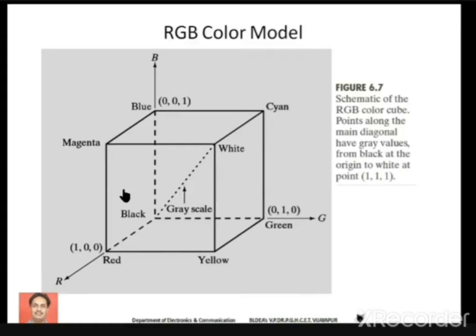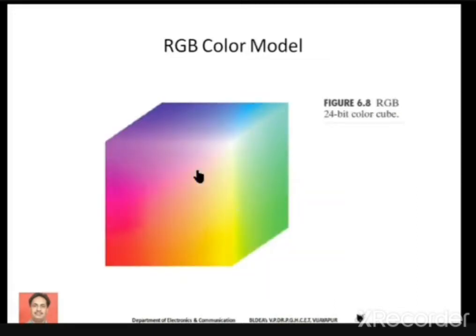And you may think about the other colors. All other colors, whatever mixture we get, reside inside the cube, and they can be represented by a vector extended from the origin of the cube. For example, if you consider this point, it might represent some color. If you consider this point, it might be some other color, and so on. In the next slide, you can observe the mixture of these colors. This we call the RGB cube.